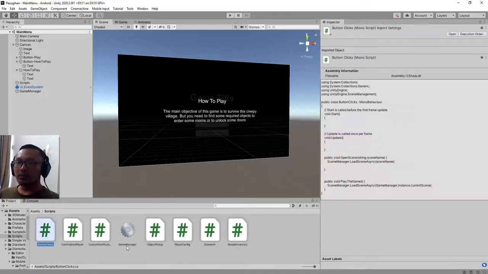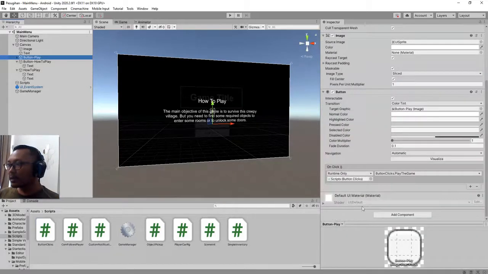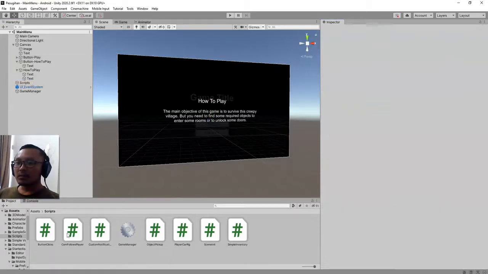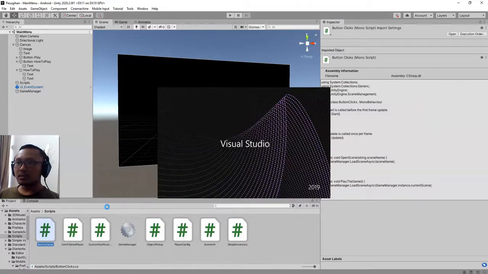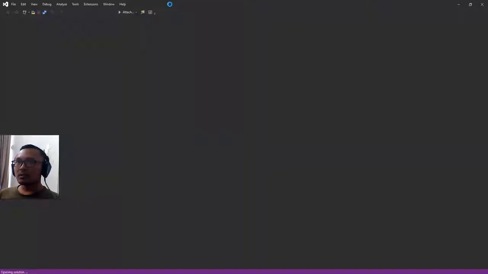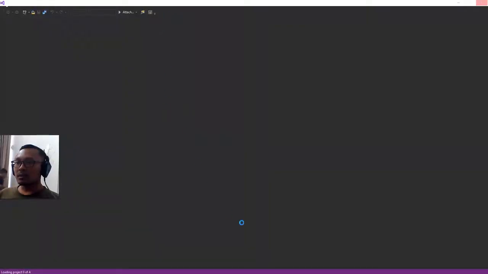I don't have the main menu script, so for this button play, let's use this button clicks as the main menu script. So I'm going to edit this script to make it able to